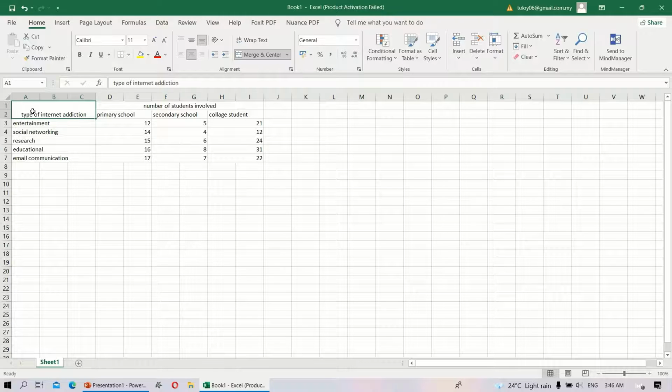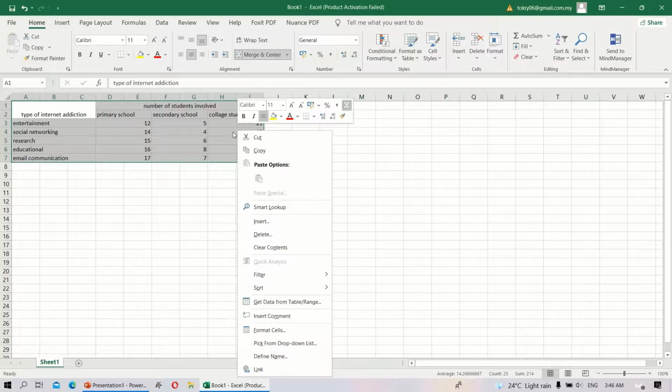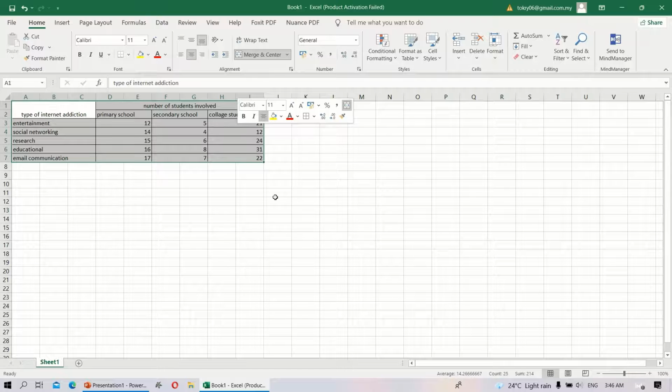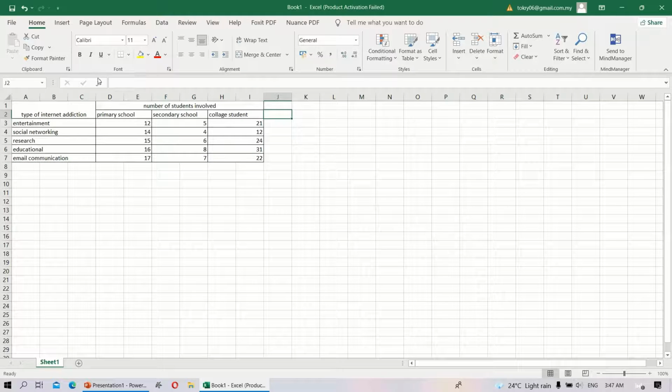Here we can include the border. So we select all the data, and we right click on the mouse, and an option will appear, and we select the border option, and we select all borders, so we can see the table highlighted with the line of the border. So here we also can arrange